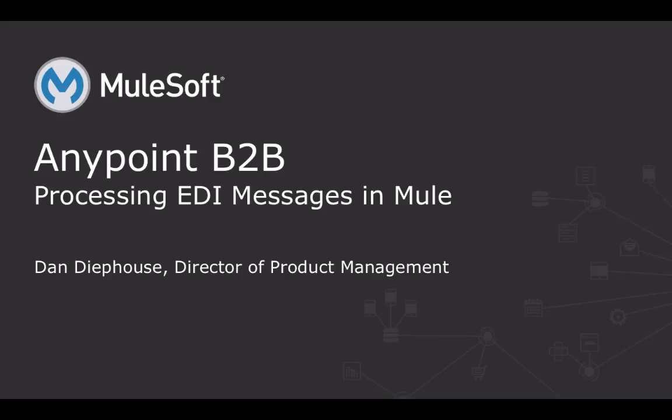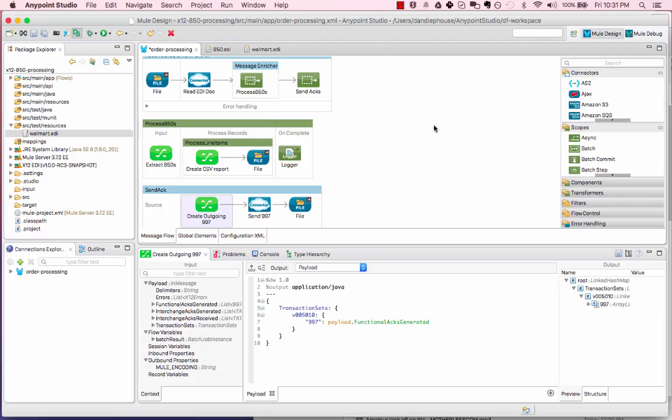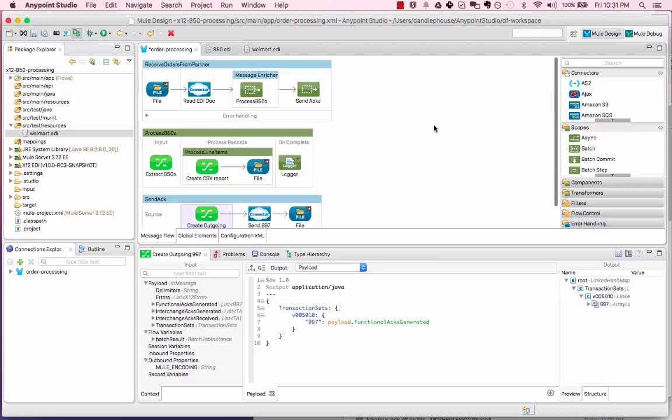Hi everyone. Today I'm going to show you a little bit about how to use the new EDI X12 module to process an 850 document, which is a purchase order in EDI terminology. What I've built here is a flow that takes a set of EDI messages from a directory. It then extracts all the different purchase orders, creates a CSV report for us to use about those purchase orders,